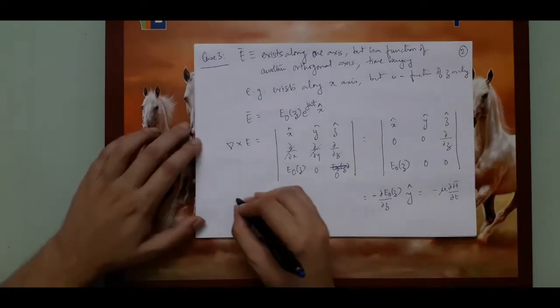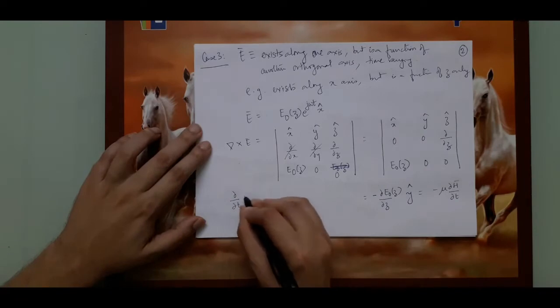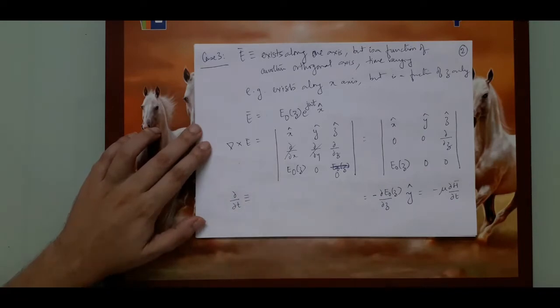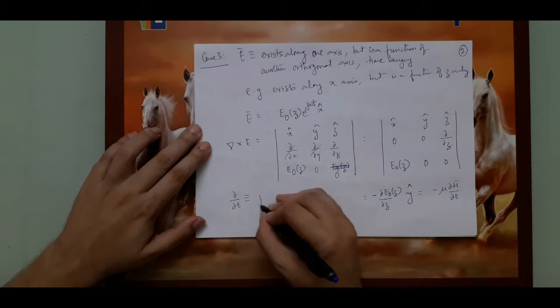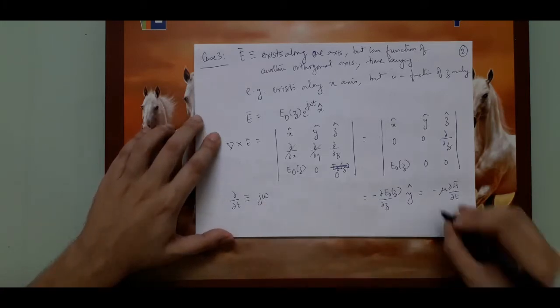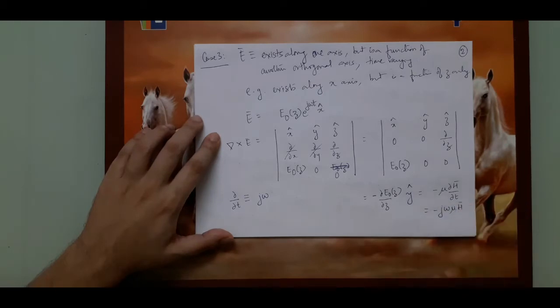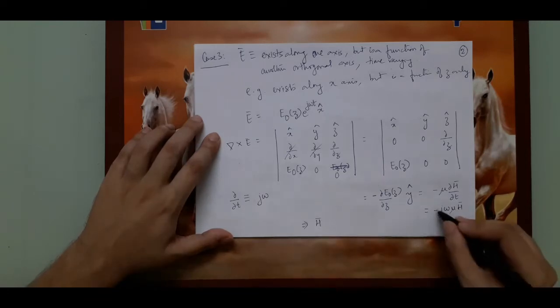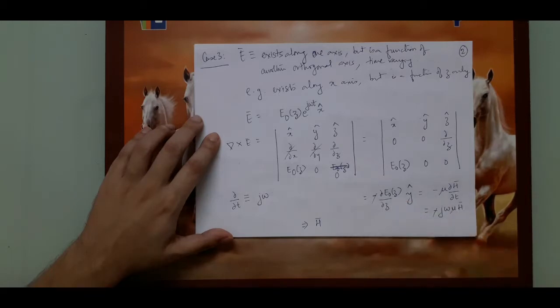And as we know, we have proved in the last class that this is nothing but an operation j omega. So therefore I can rewrite this as nothing but minus j omega mu times H. So therefore I can say H vector, I can simply cancel these out, will be nothing but 1 by j omega mu